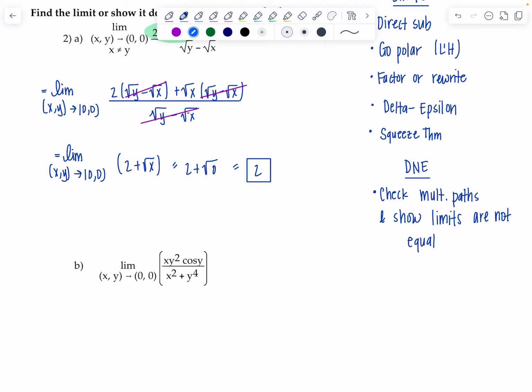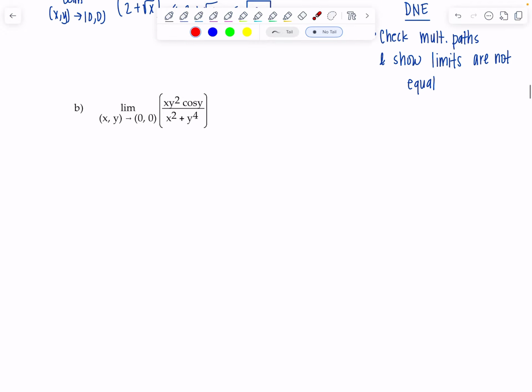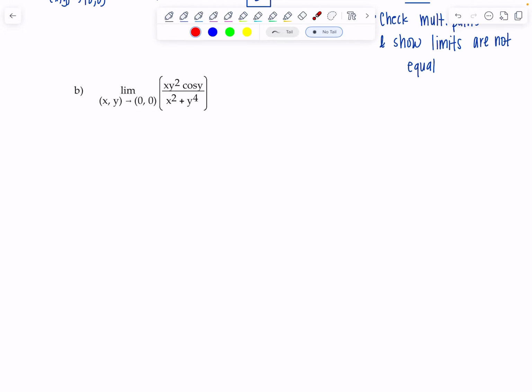So, because I know how this problem works, I'm going to try multiple paths and actually show that the limit doesn't exist. But honestly, when you're first learning this, you're just going to have to take different routes and fail at it and then say, oh no, let me try something else. Okay, I just have to be honest with you guys. So I'm going to try to show two different paths where I get different values